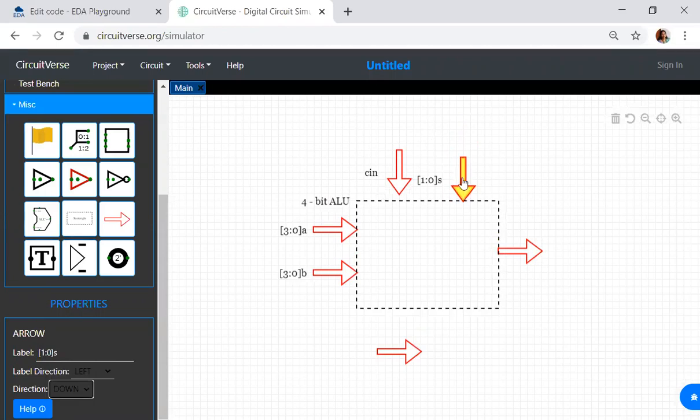Now what is the output I am getting? I am getting an output of Y. What is the size of Y? It is 4 down to 0, 3 down, a 4-bit Y. That means C out is 1 bit, and the sum or difference or AND operation will be 4-bit. So let me make this 3 down to 0 Y. So this is 3 down to 0. Y, what we are getting?